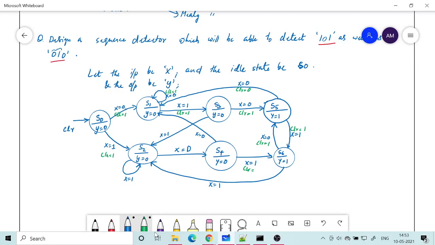Let me say clear equal to 1 here, and then I will take clear equal to 0 here. Okay, so for clearing I'll use an active high input. So if clear is equal to 0, it means clear will not interfere.